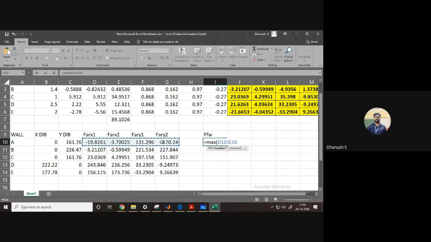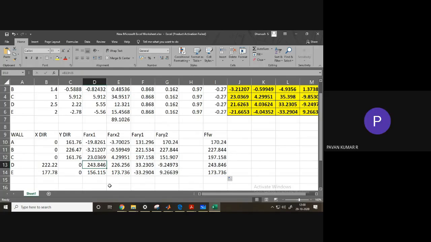I can do this, but in the exam, you guys can't do this. You visually inspect which is the greatest value and take that value. So for the first wall, it is 170.24. For the second wall, it is 227.844. Third wall, it is 197.158. Fourth wall, it is 243.846. Last wall, it is 173.736. Now check if there is any wall